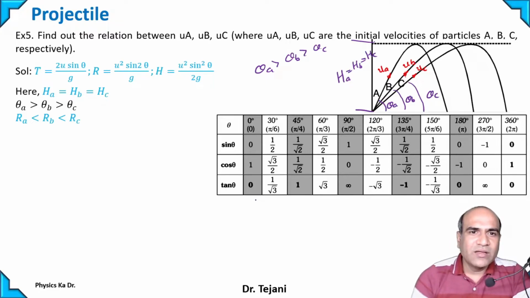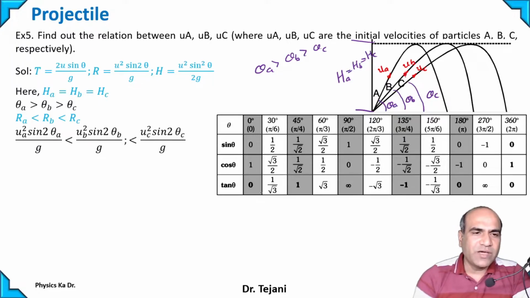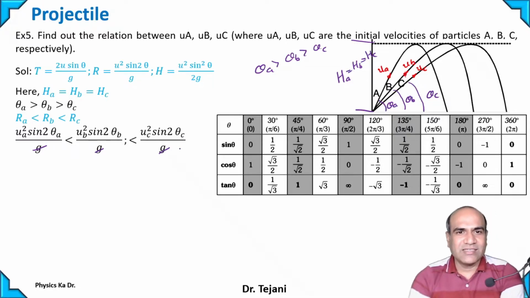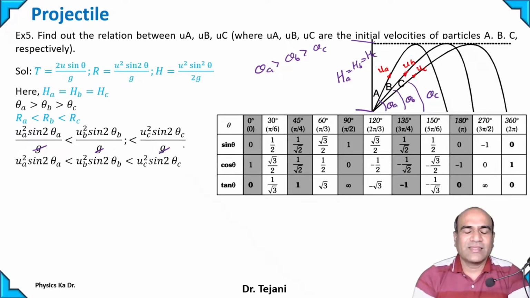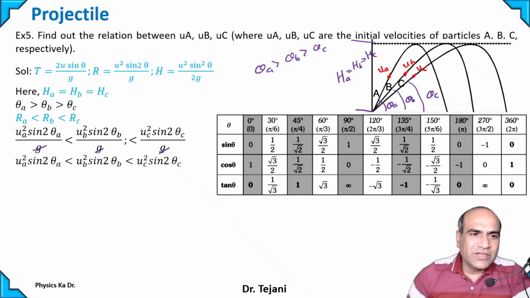Let's take R is equal to U square sine 2 theta by G. So we are putting here UA square sine 2 theta A divided by G, less than UB square sine 2 theta B by G, less than UC square sine 2 theta C by G. We can simply cancel G. Then it becomes UA square sine 2 theta A less than UB square sine 2 theta B less than UC square